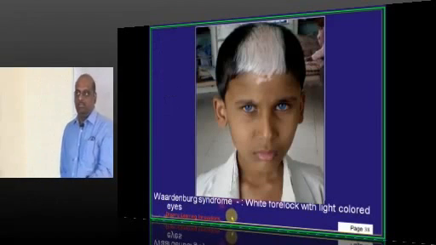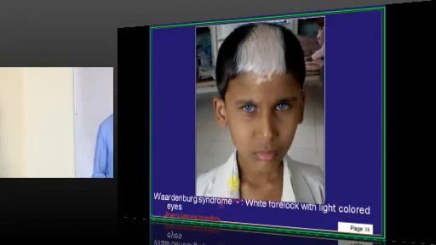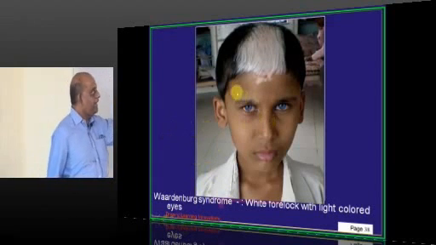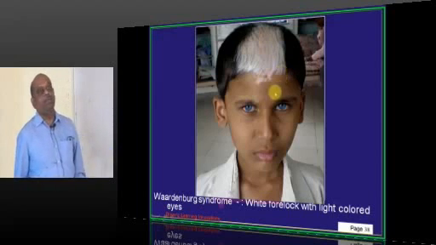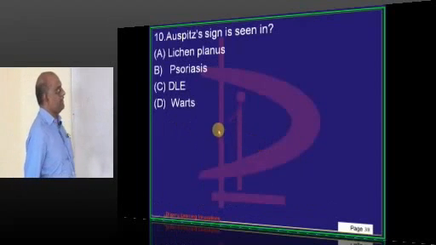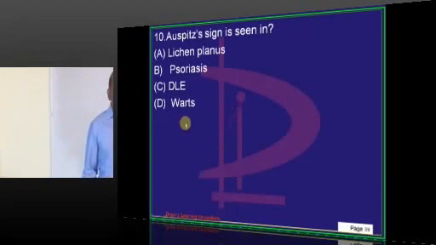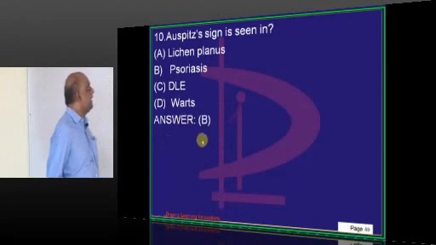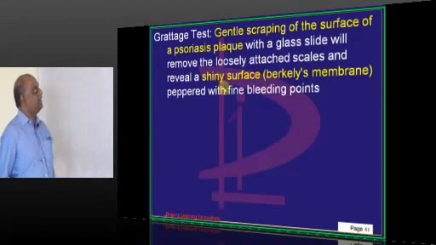Now, DNB is a picture based exam. So you can be given Waardenburg as a spotter. So you must be quite sure, based on this white forelock of the hair, you must be able to clinch the diagnosis. So where do you see Auspitz sign, doctor? Classically in the case of psoriasis.